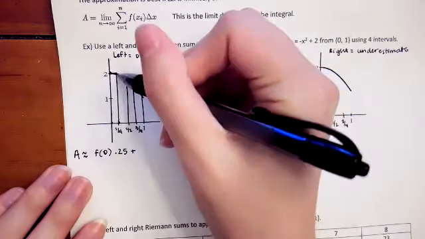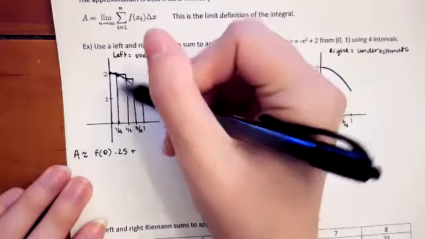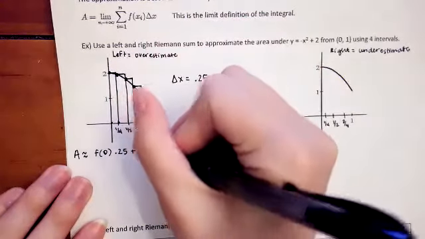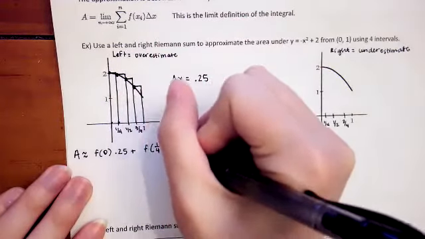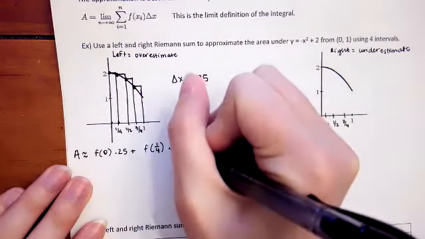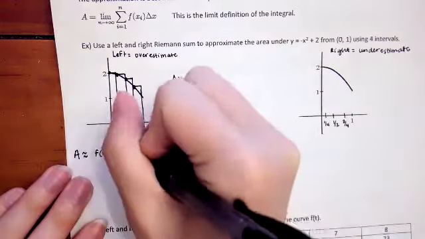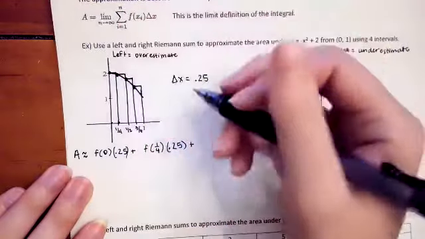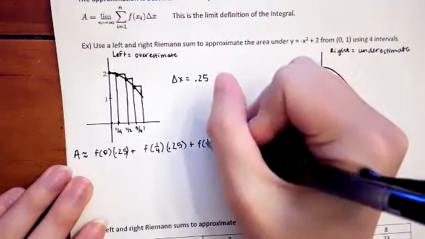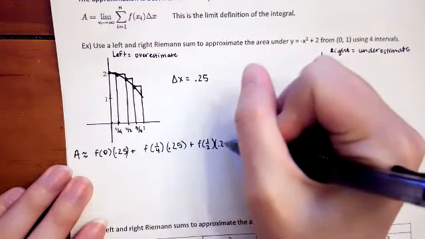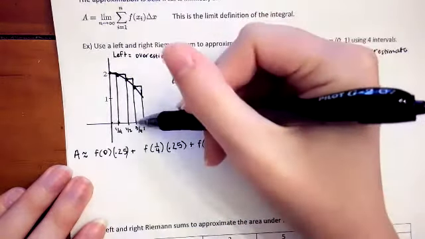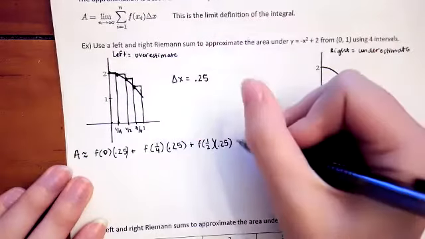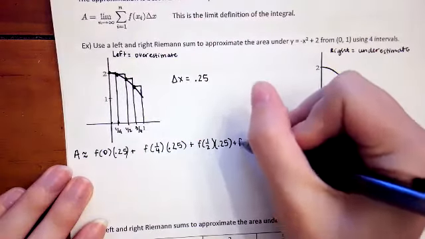My second height, my second left endpoint, is at f of 1/4 times 0.25. My third left endpoint is at f of 1/2 times 0.25. And my fourth endpoint is at f of 3/4